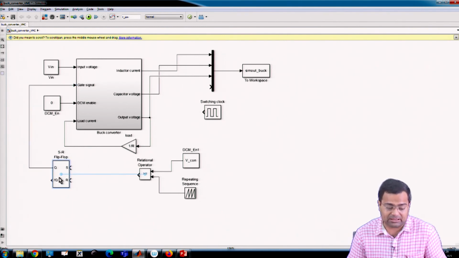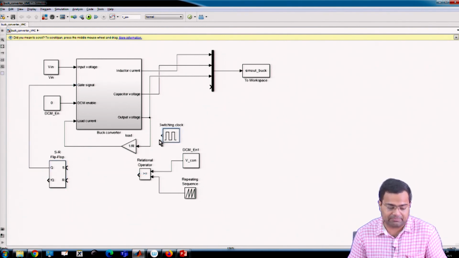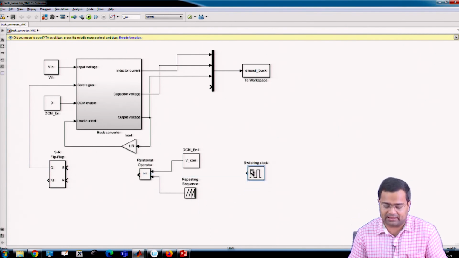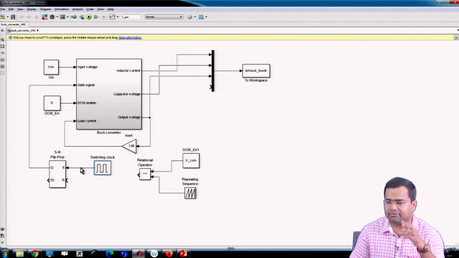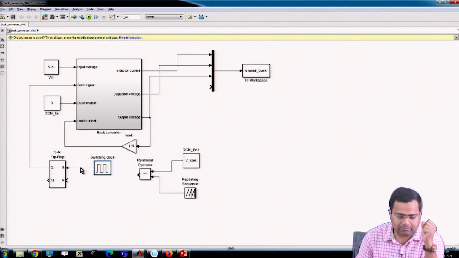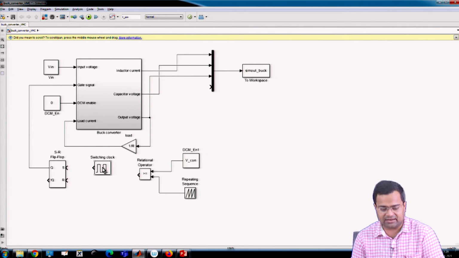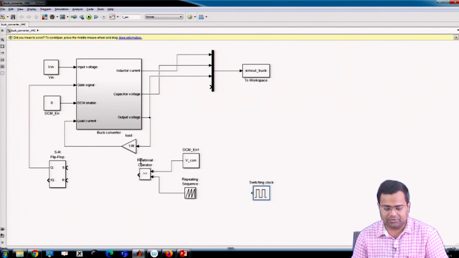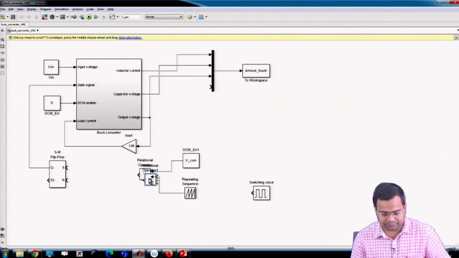What is the set pulse for this flip flop? The flip flop cannot take a double data type, it requires a Boolean function. So, we need to set another relational operator.